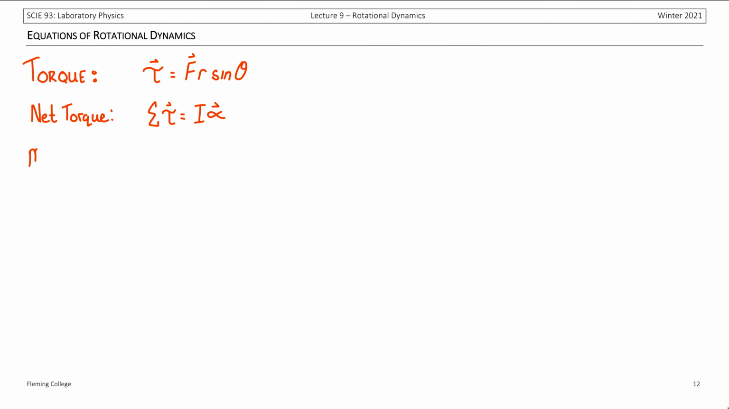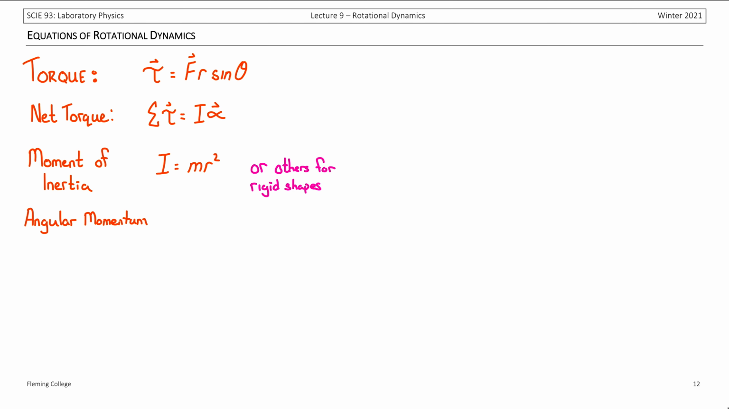We've seen that the moment of inertia can be calculated separately from Newton's second law, as the moment of inertia is equal to the mass times the radius squared, and that's for a system of discrete particles. But if we have an infinite number of particles or a rigid shape, we have other formulas which will be available on your formula sheet, but I'm not going to list them here. We also saw two ways to calculate the vector angular momentum, using the tangential velocity and the radius of its circular path, or using the moment of inertia